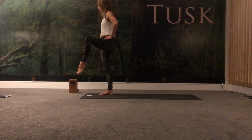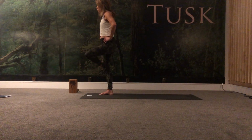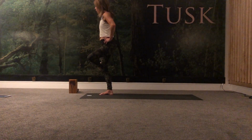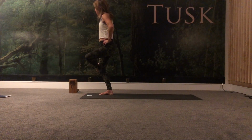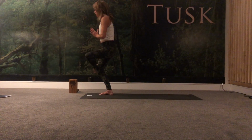Ooh, and what you do now is you exhale, draw the left knee up, externally rotate your left hip again, and then take the outside of your left ankle, bend the right knee, drop that left ankle onto the right thigh. Of course, you're bending both knees, hands in prayer. See if you can just drop the hips down a little bit here, breathing. Try to be relaxed in the upper body. 2,